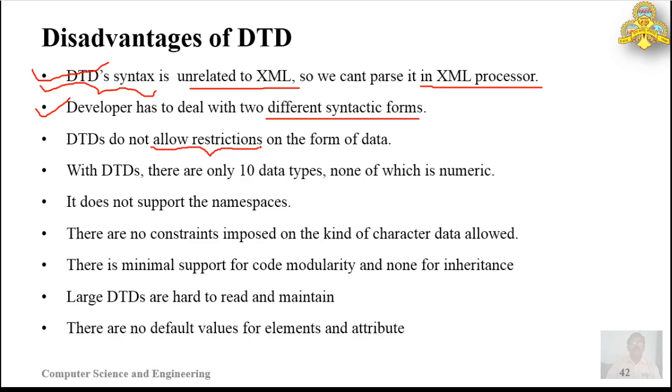We cannot calculate a person's age that crosses 100 or 200, 300. And also we cannot enter a person's age in negative values. Such type of restriction cannot be provided in DTDs, but XML schema provides such features. With DTDs, there are only 10 data types, whereas in XML schema it is 44, and also there is no